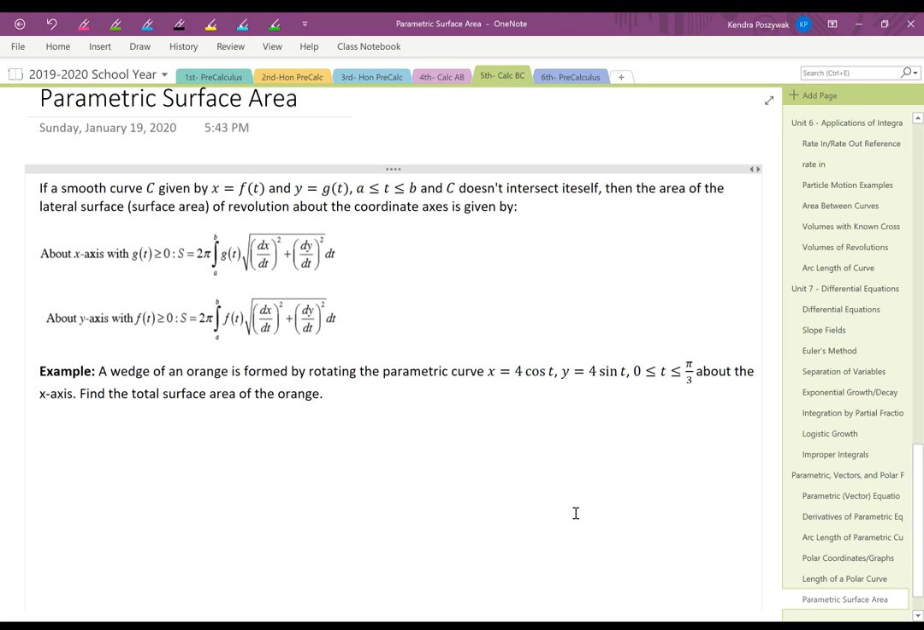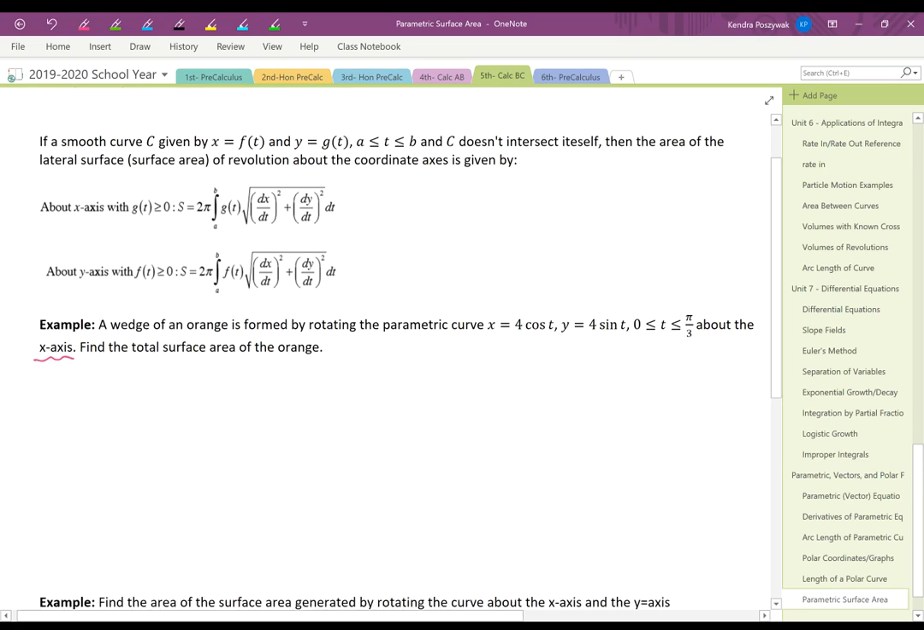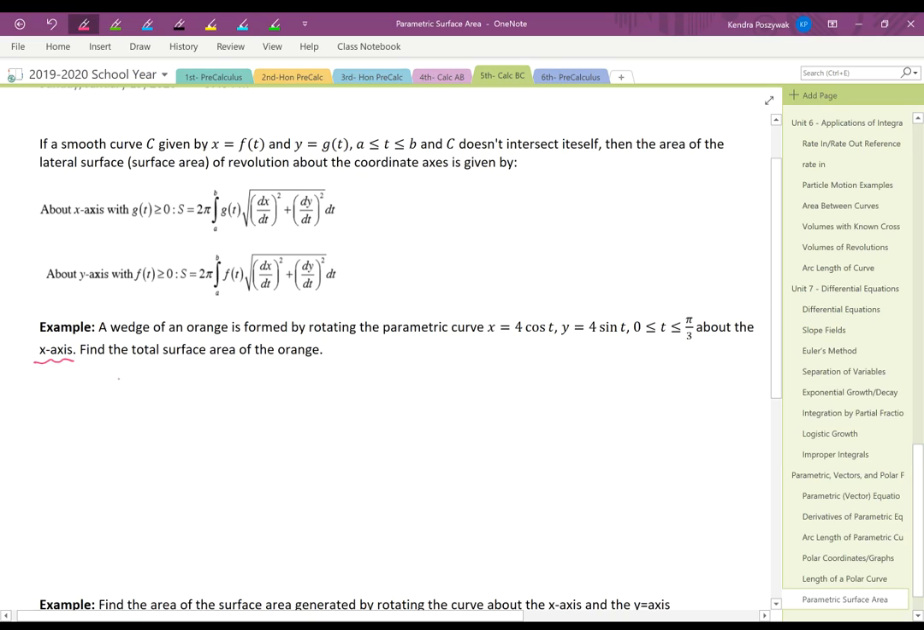So we've got an example that says a wedge of an orange is formed by rotating the parametric curve x equals 4 cosine t, y equals 4 sine t over the interval from 0 to pi over 3 about the x-axis. We want to find the total surface area of the orange. So since we're going about the x-axis, we are going to use that top equation. And so it uses g of t, which is the y equation. So it's going to be s equals